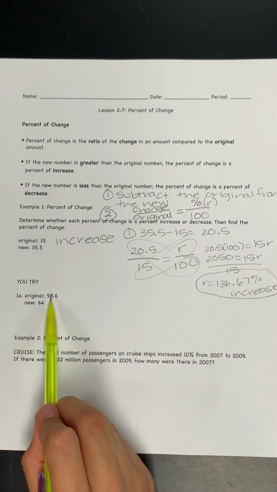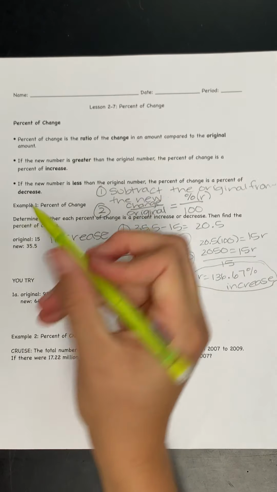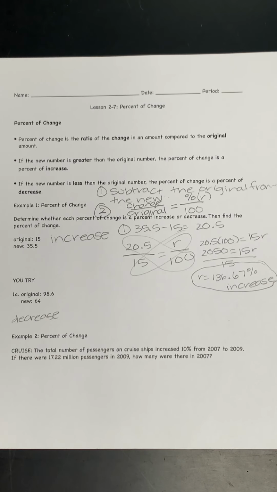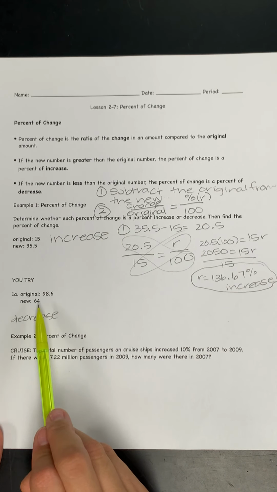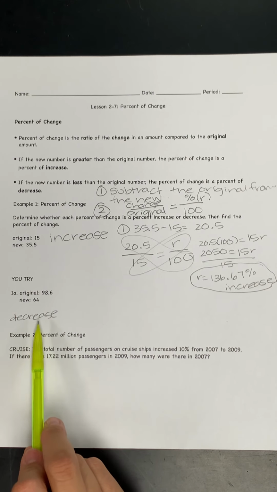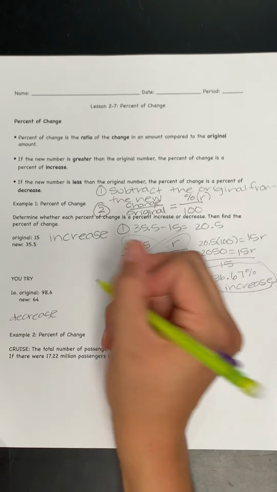All right, so we're going to do the same thing for the U-try. So once again, we're going to first figure out original to new. That is a decrease for us. We're still going to use the same exact strategy. Since we know it's a decrease, you can still take new minus the original, but what you're going to get when you subtract those is negative. That negative just indicates that it's going to be a decrease. So if you don't want to work with negatives, which I know a lot of us don't like doing, you could still just take